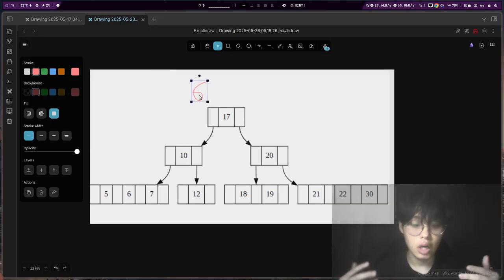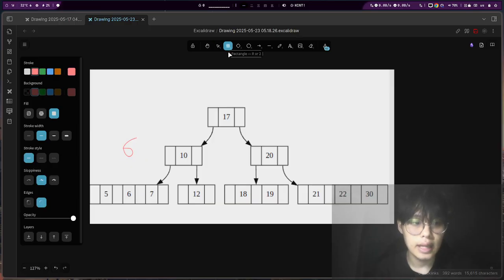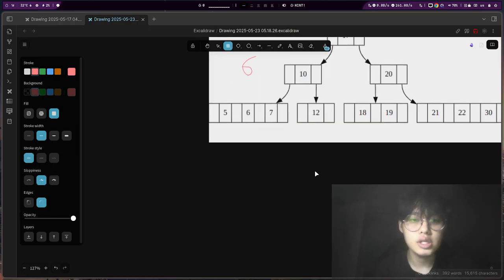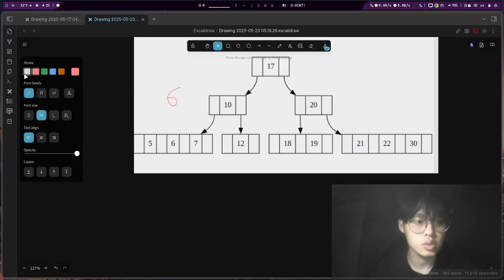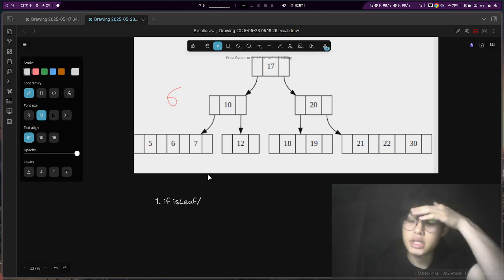For example, your target key is going to be 6, so 6 has to be deleted. So you're just going to traverse, like a search operation, but once it encounters 6, it has to be deleted. But the question is, are there any rules about deleting the record key? Of course there are. The first thing, if it is root, and of course if it is leaf, so leaf means that there's no children,